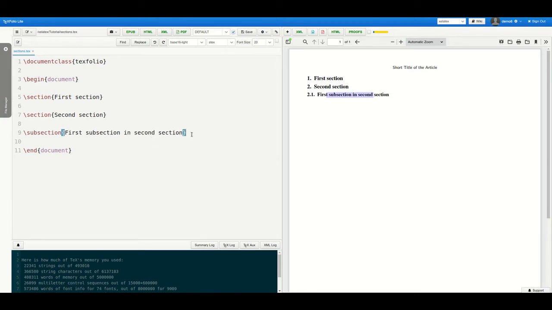Here let us try to add another subsection inside the second section, a third section and a subsection inside the third section. This is the second subsection in the second section. Now third section is coded. Then first subsection in the third section is coded.